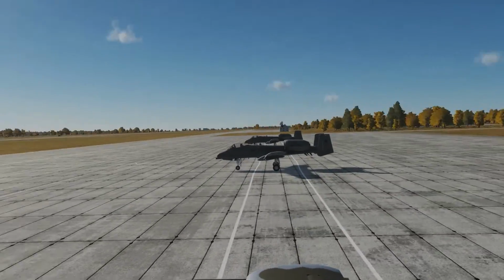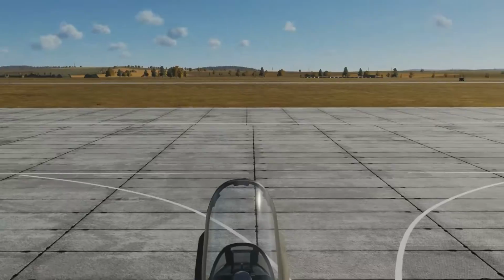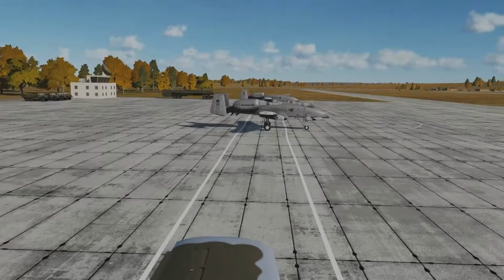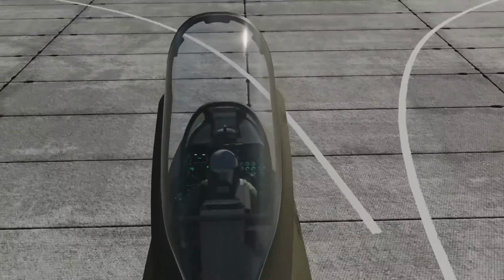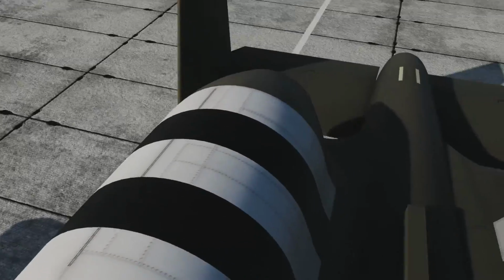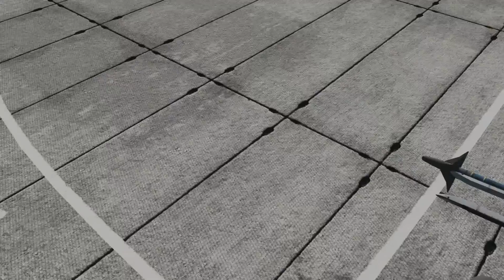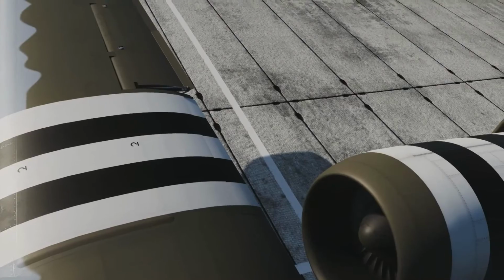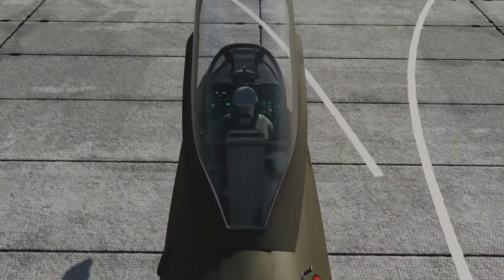So you can use this without Track IR, and actually I recommend using it without Track IR because it can give you a nice stable GoPro style image, as if you stuck a GoPro camera to a weapons pylon or something. But you're in the middle of the airplane. How do you put it on a weapons pylon? Well,